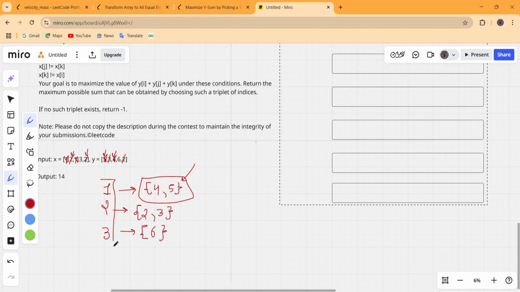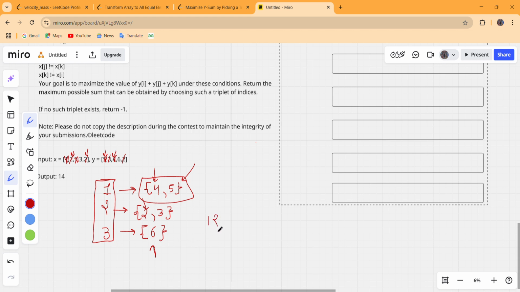And in case we find three distinct elements, what could be the best optimal element to choose for each, such that the maximum y sum can be obtained? For this one if we choose 4, and for this 2 if we choose this 2, and for this 3 the only possible is 6, then the maximum possible sum is basically 12.